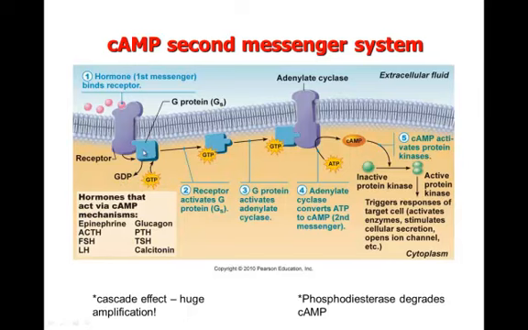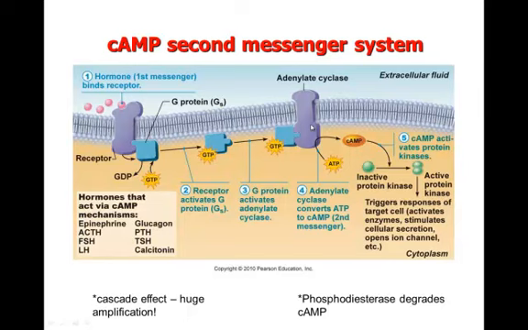So this G protein was really close to our receptor molecule. It was docked on the outside of our receptor cell, wherever this cell is in the body. Could be in your big toe for all we know. But this hormone comes and it docks on the cell. And when it docks on this receptor, this G protein, which was inactive because it had GDP attached to it, this GDP jumps off and a GTP molecule attaches to it. And this G protein is now activated, and it will go across the cell membrane and attach to a different